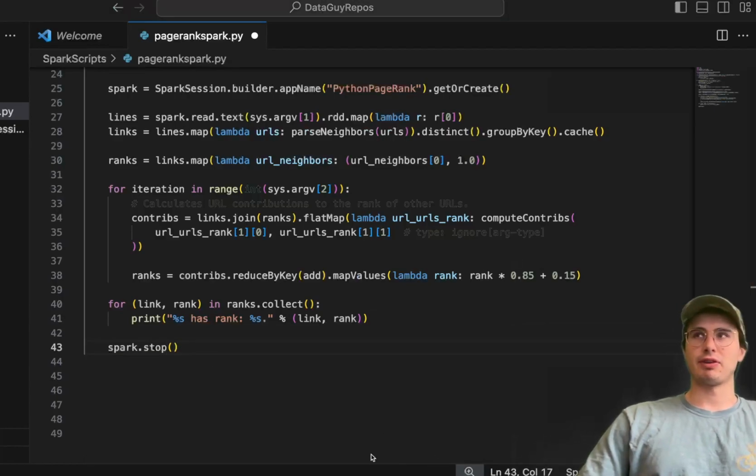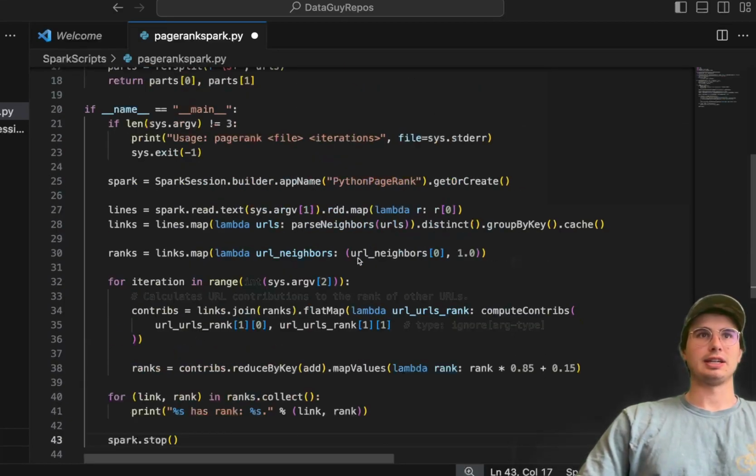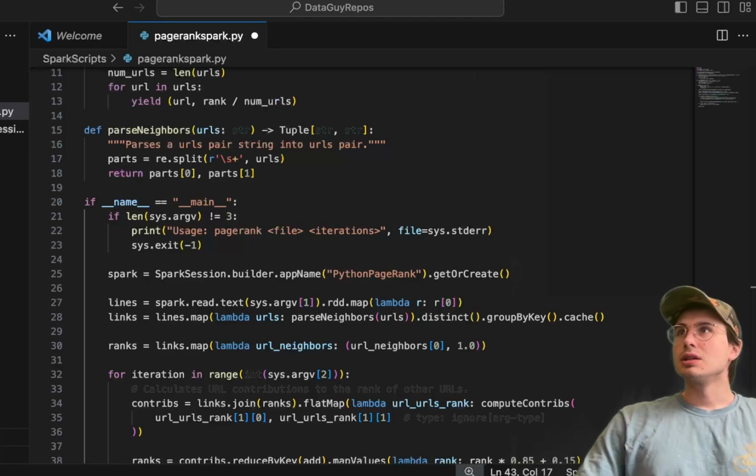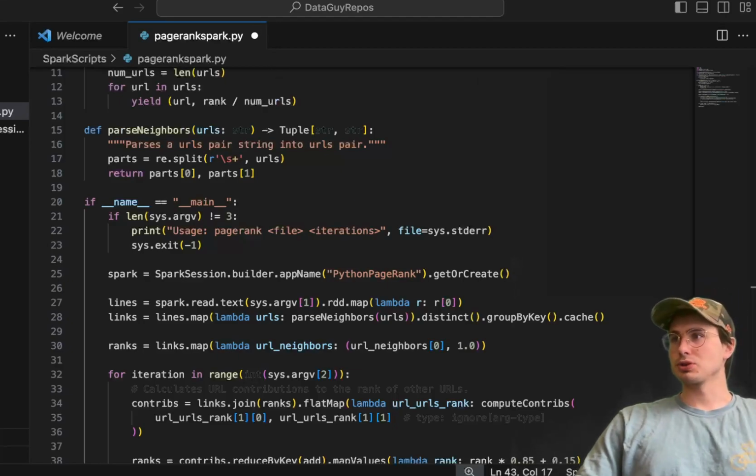Now, this is just a very basic, naive implementation of PageRank, just an example. And you can see that here. And actually, let me make sure that this is set up properly. Yeah, we're all good. So what I also wanted to show you is how you can define ranks based on